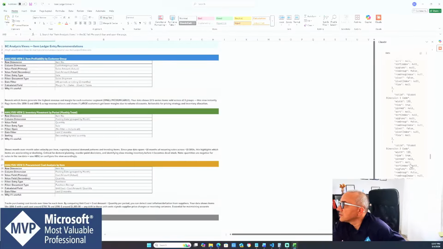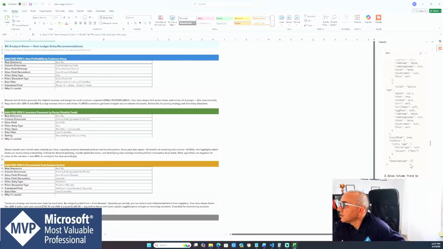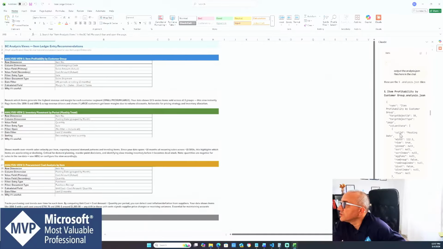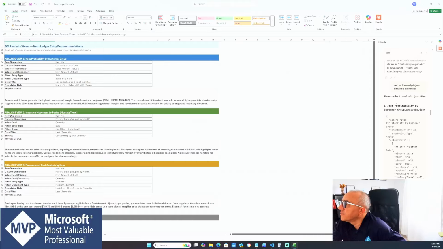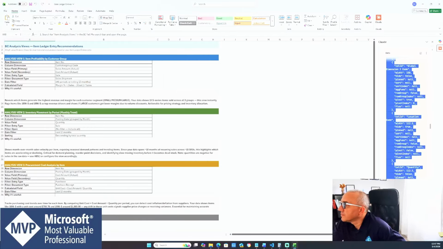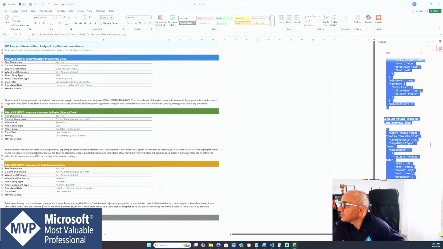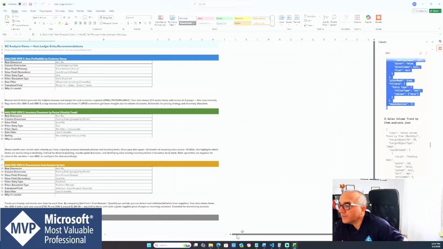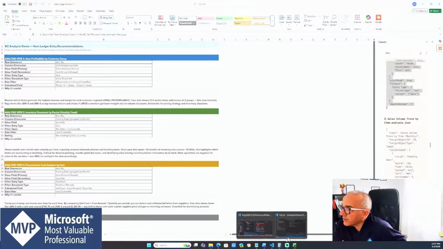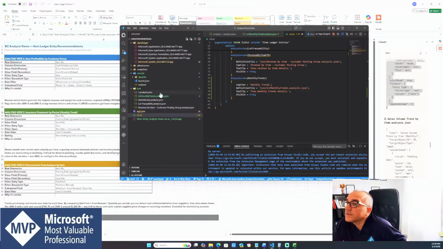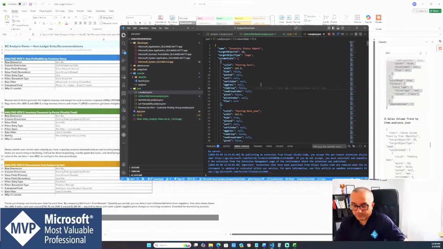Procurement cost and sales volume trend. Let's take this one, which is the first one, item profitability by customer posting group. Copy, and let's go to BC. Let's paste it in here